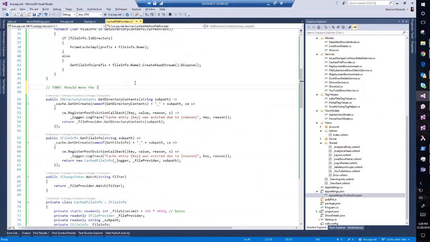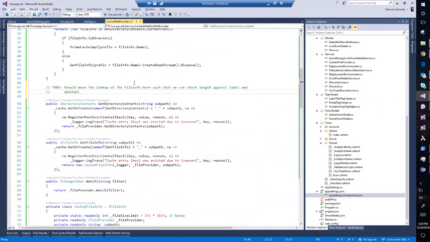I should move the lookup of the file info here, such that we can check length against the limit and whether file info.exists is false, and not cache in that case. Yeah, okay. So we don't typically cache misses, but this is caching misses right now because of the way the API